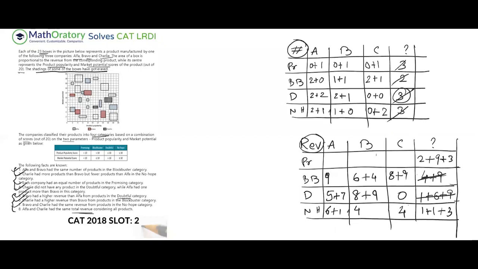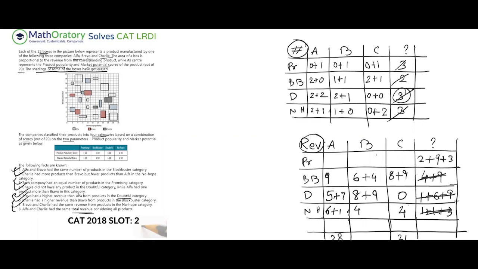So let us quickly calculate what is the scenario as of now. Okay, by the way, this is also taken. The only thing that is left to be calculated is the promising part, right? So let us take a quick calculation of this. So Alpha as of now is 9 plus 1, that is 10. Then you have 5, 7, 6, or 5, 6, 7, that's an AP. So 18. 18 plus 10, that is 28, right? So Alpha is 28 as of now. Charlie, 4, 8, and 9. So that is 12 plus 9, 21.